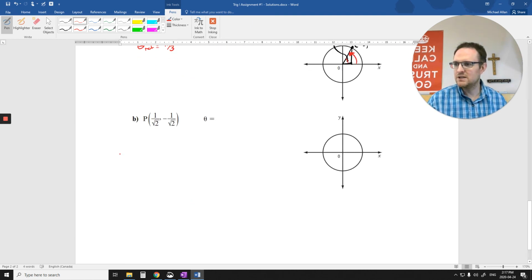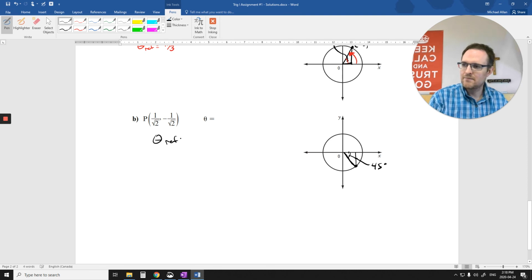Okay. This next one here, we're going to put this point. It's positive x, negative y, so right about here. These two sides are the same, so this is the 45 triangle. Plus, I recognize those numbers as the 45 numbers. So my reference angle is 45 degrees. Okay? You can also just do a tan inverse if you wanted to. But we're not looking for the reference angle, we're looking for the standard position angle. So we want this going all the way around. So this will be